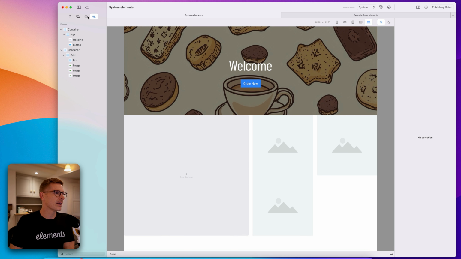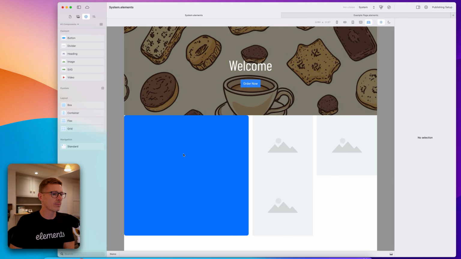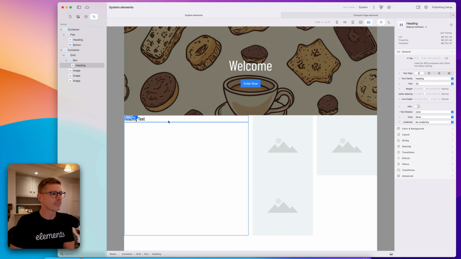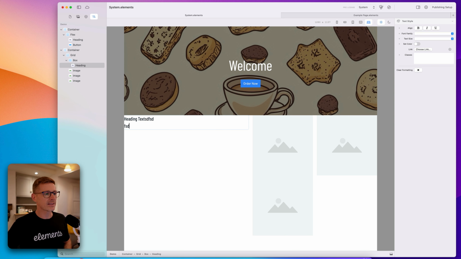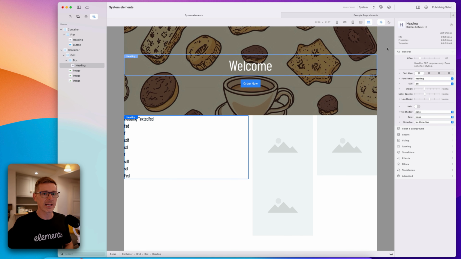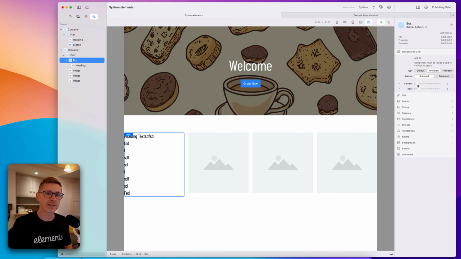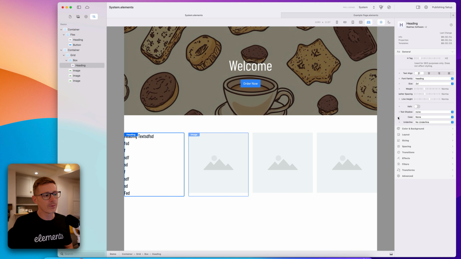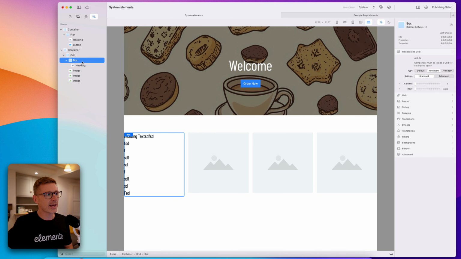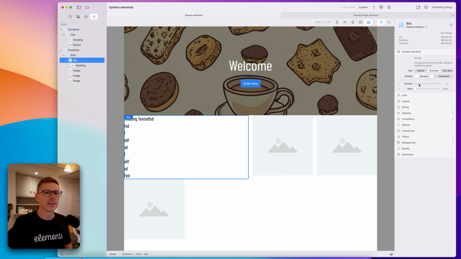Let's get rid of the image, and I'm just going to put some text in there. So this text here is taking up 2 columns because of the box, and I could move that back down to 1. We'll just put that on auto. So that's how you would do grid items if you want more of that control to say how much the,